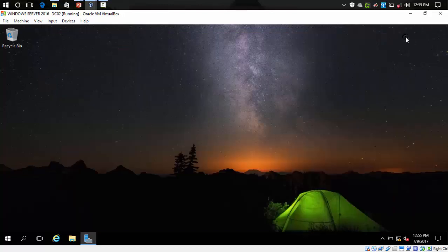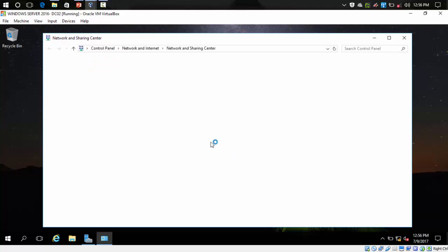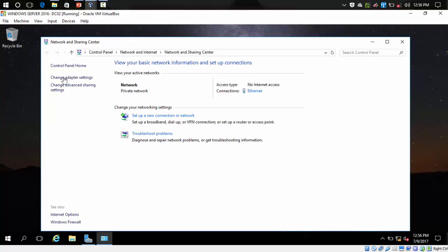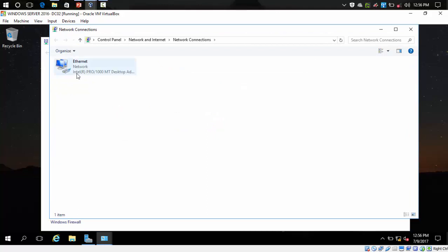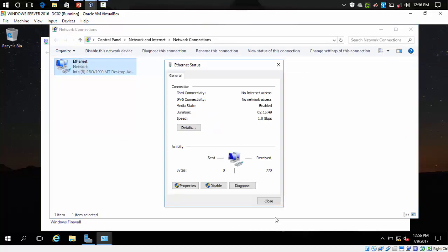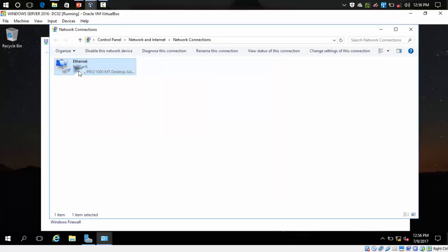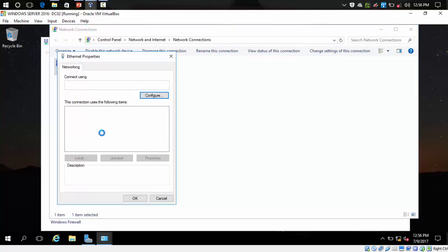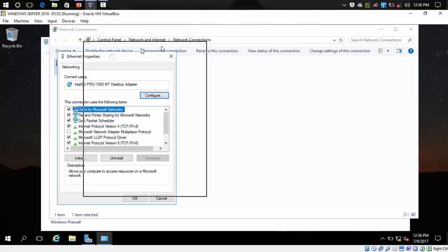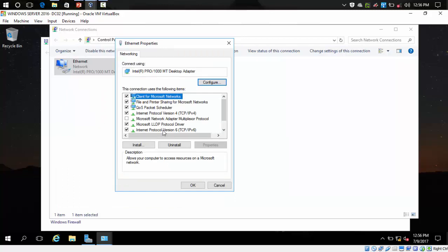Before we change the name, we are going to set the IP address. Then we change the name. So right click on the network icon and click on Open Network and Sharing Center. Click on Change adapter settings, click on Ethernet. Okay, sorry, right click on Ethernet and click on Properties. So double click on Internet Protocol Version 4,